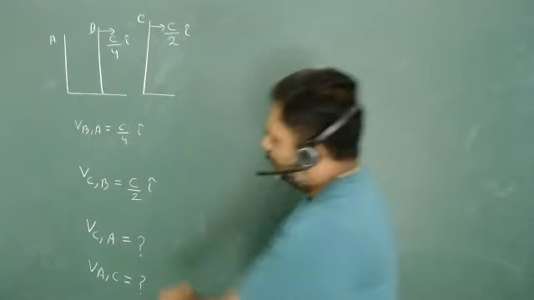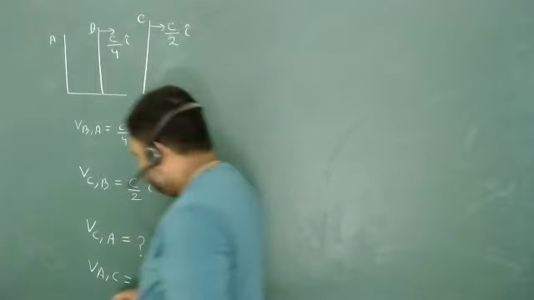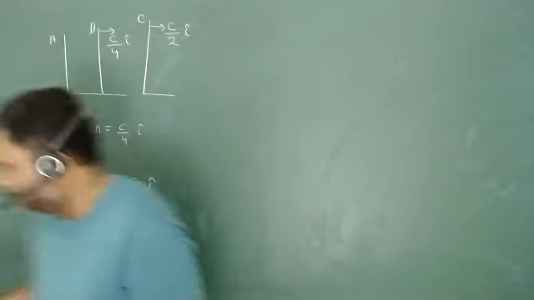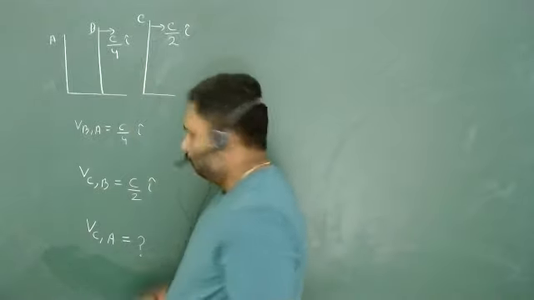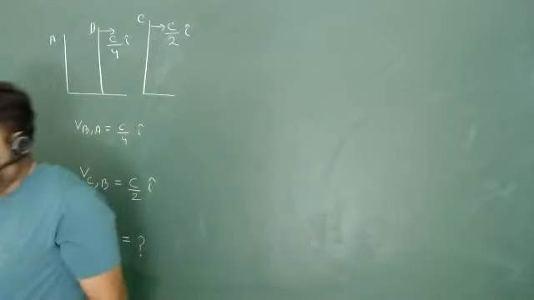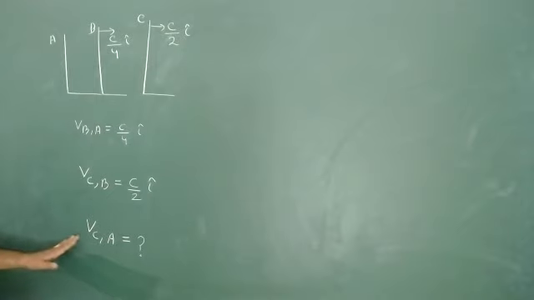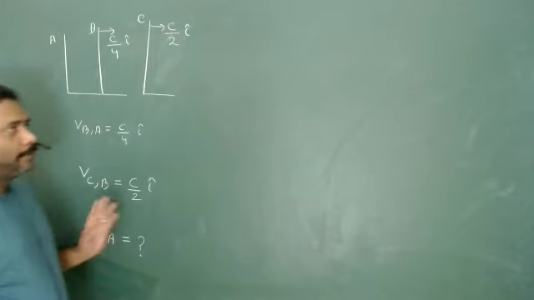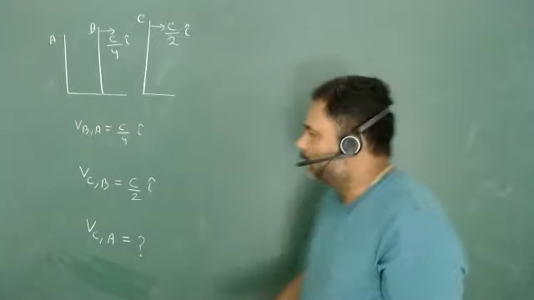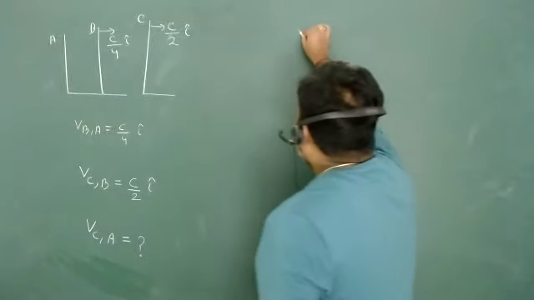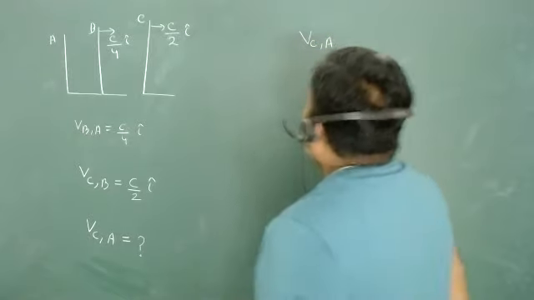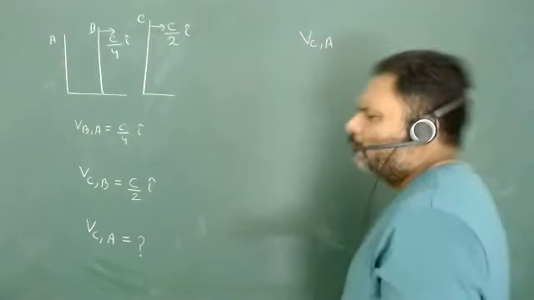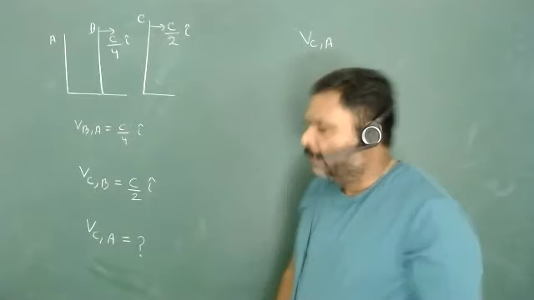What we have to calculate? Let us concentrate on this one. Leave this one for the current situation. Let's focus on this one. What we have to calculate is velocity of C with respect to A. Now look at the algorithm. We have to calculate velocity of C with respect to A. That means what I will do, straightforward, nothing.